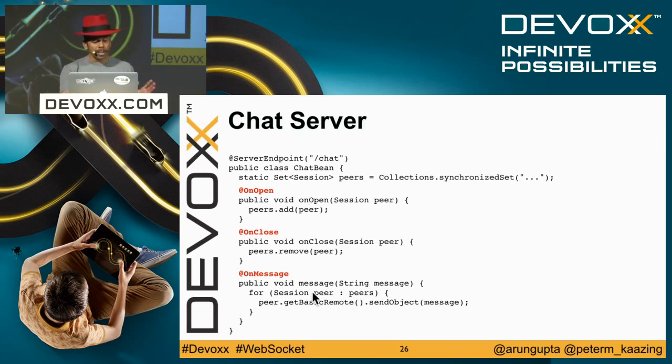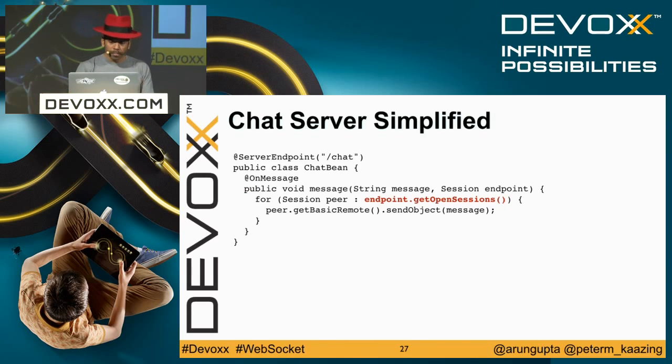And when a payload is sent to the server, all I'm doing is going through the set and broadcasting the message to all the clients. So it's a very canonical chat server, but it can be further simplified, like this. It's a very common design pattern that the server needs to know which clients are connected. So in this case, all you're saying is,